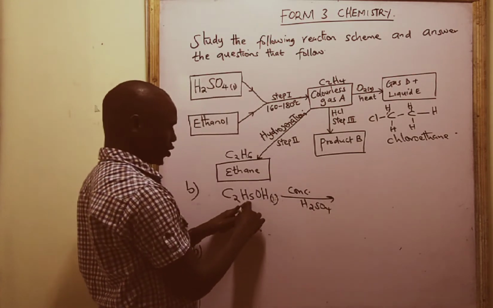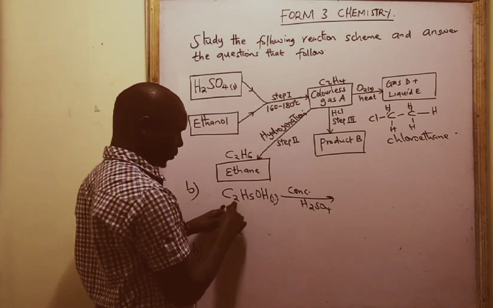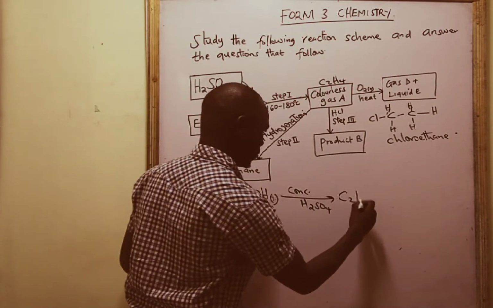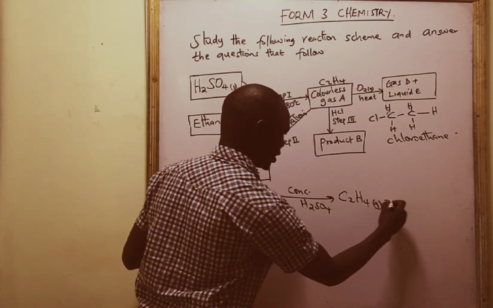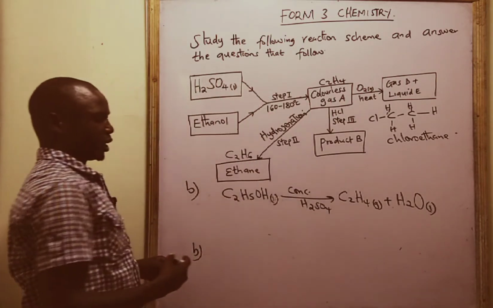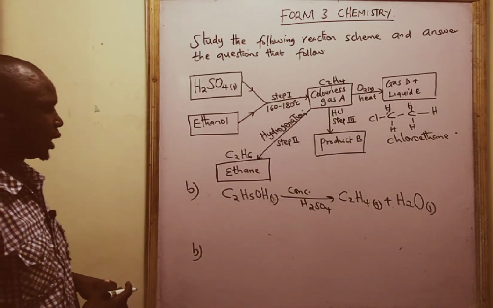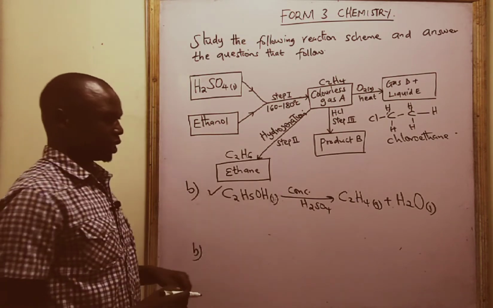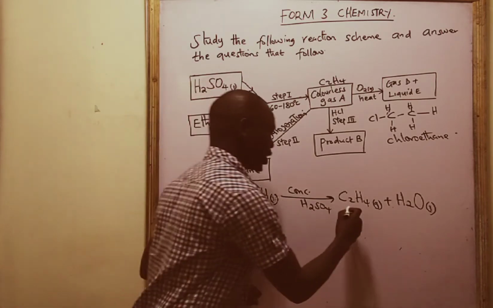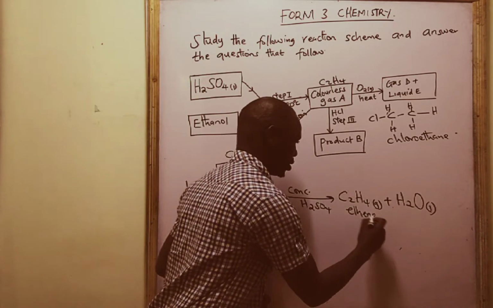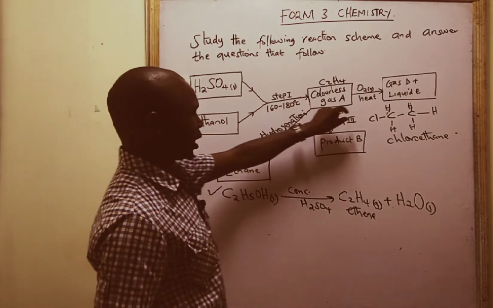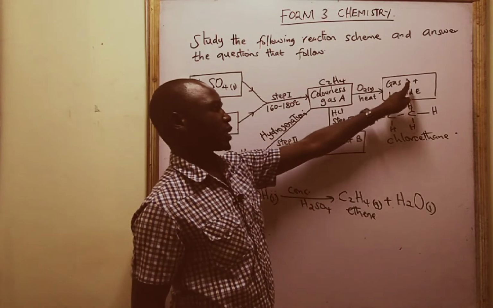So we need 1 hydrogen from the hydrocarbon part to form water with OH. Then we remain with C2H4, which is a gas, plus of course water, which is a liquid. And if you look at that particular equation, it is automatically balanced. So we have written an equation for the formation of the colorless gas A, which is ethene gas. This is an alkene. Then now, let us do another chemical equation for the formation of gas D and liquid